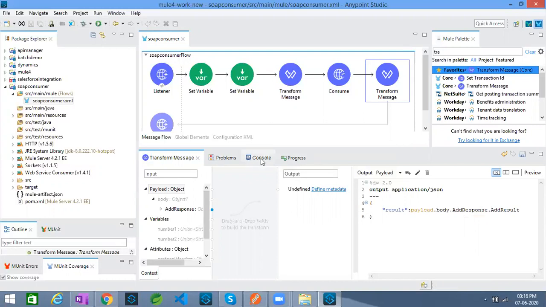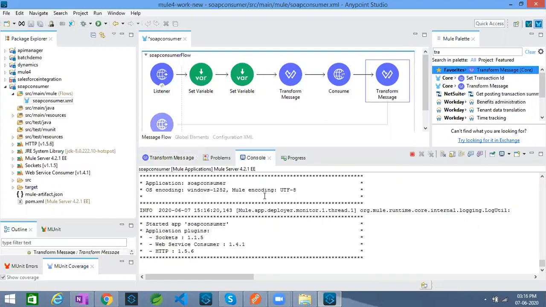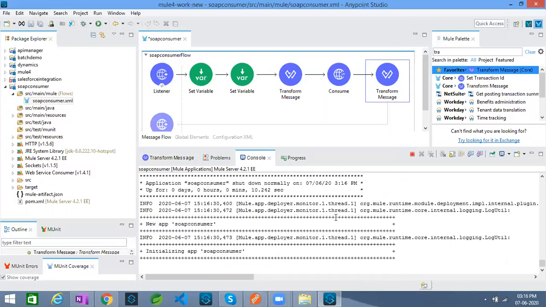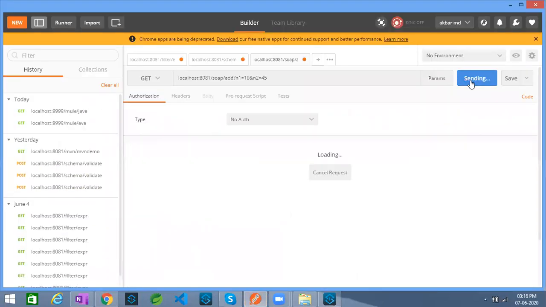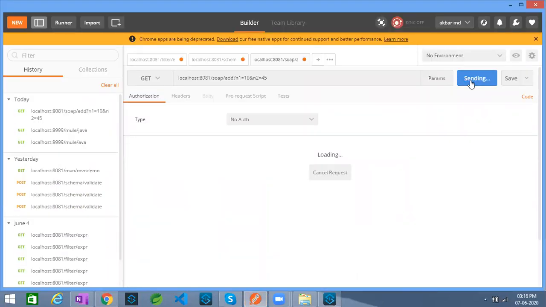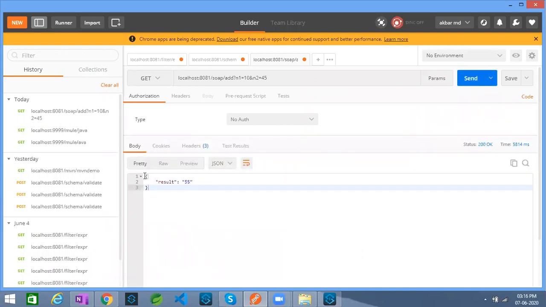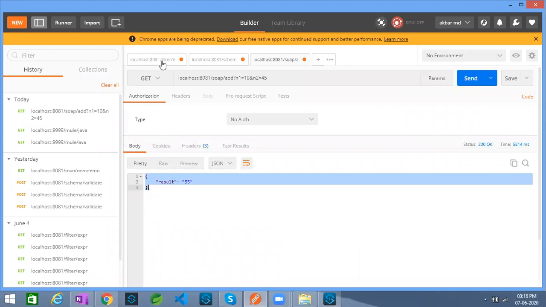Now look at the output. Save this. You really need not rerun your application from scratch. I changed this particular data weaving script, and now look at the output. You are seeing this output in the form of a JSON. You are sending HTTP GET request. Internally, Mule is invoking the SOAP service. Whatever the response that you are receiving in the form of an XML is also transformed with the help of your Mule, and simplified output will be displayed here.